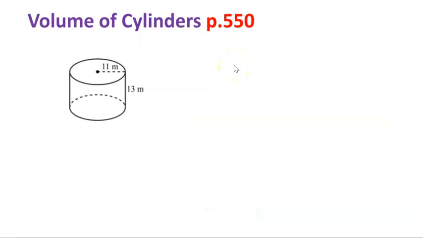Good rule of thumb whenever you're looking at a figure is to make sure that you have all the information you need. And here we do indeed have the radius provided to us, and we also have the height. So we're ready to go. We're going to calculate the volume. We're going to do pi r squared, the area of the circle,